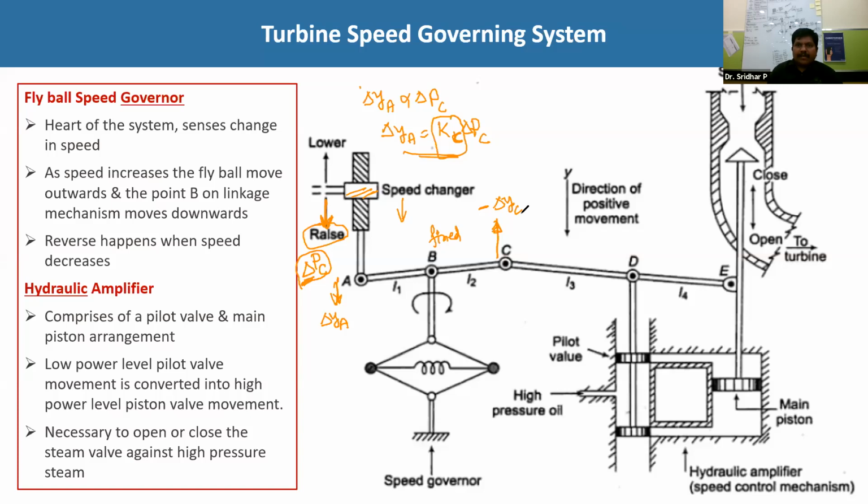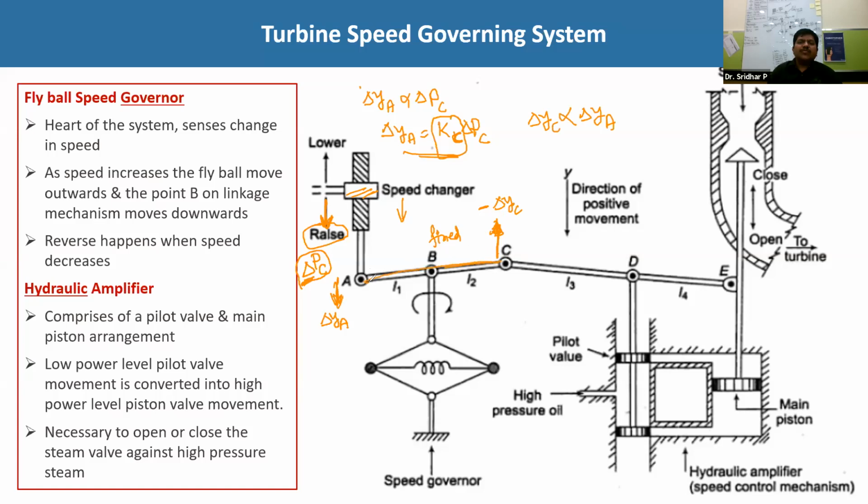So this minus delta YC is nothing but it is moved in the upward direction. So this delta YC is moved in the upward direction, and this is directly proportional to whom? Now suppose A was displaced by 2 millimeters in the downward direction, then C will also move, but in the upward direction, because the directions are reversed. If A is moving in the downward direction, C will be moved in the upward direction, because it is a linkage mechanism.